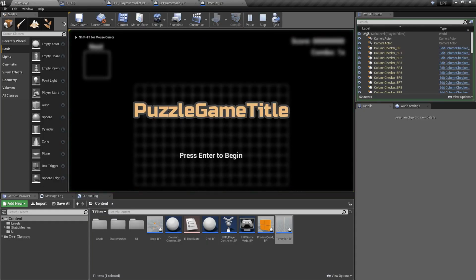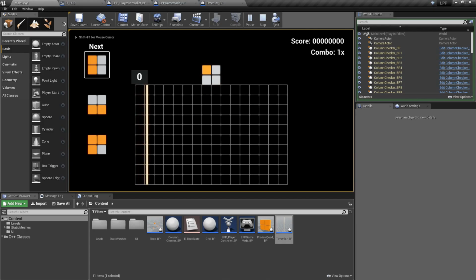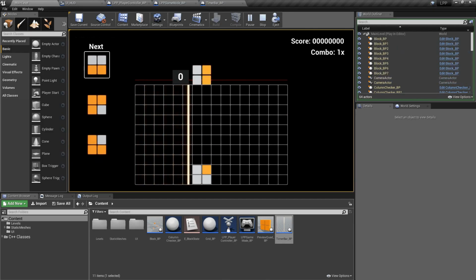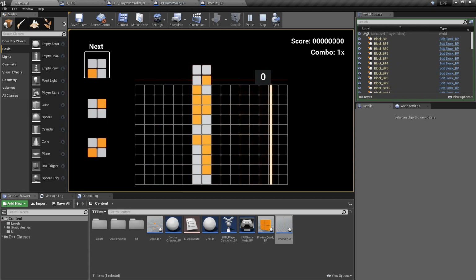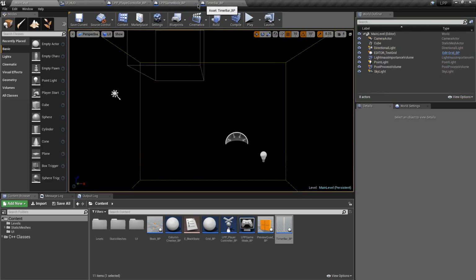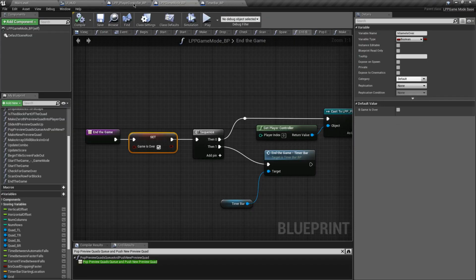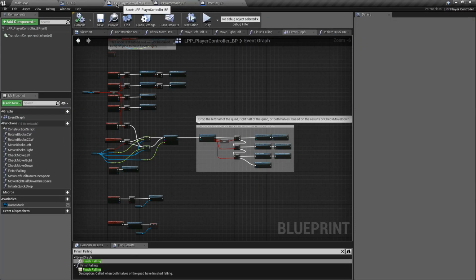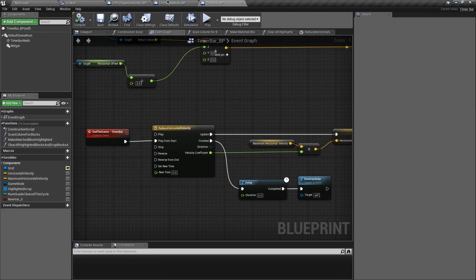And now we should hopefully see some things happen. Whether or not it's going to be correct, we'll see. Okay, so it's one thing too late. And that makes sense because we're still controlling the player quad when we place it. And when we do the check, it's still considered player quad, so we just need to do the check in